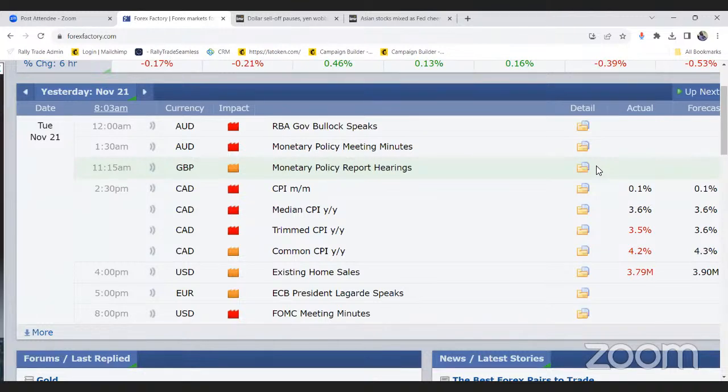But yesterday they had meeting minutes. Now the difference between these meeting minutes and the normal FOMC is that during the normal FOMC they decide interest rate, but this one is like a meeting that talks about what they concluded the last time. You know those business meetings where at the beginning the secretary stands up and reads what they talked about the last time. That's what this is all about. That's why it does not have as much impact, but it gives us more insight into what they talked about the last time they had a meeting.